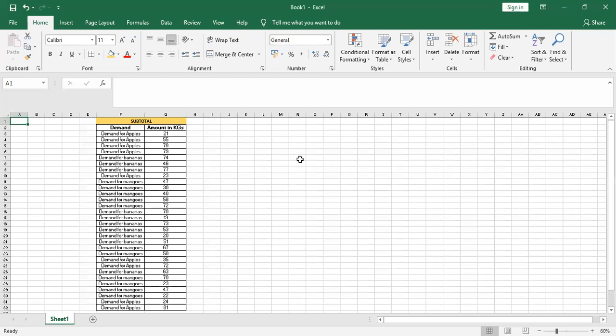Okay, you can see the list in which the first column is stating that it's a demand. Obviously it's a demand for fruits, for apples, bananas and mangoes, simple data. And then it's the amount of demand in kgs, that is 21 kgs, 55 kgs, and different kinds of fruits. You can see it's not listed properly. That means sometimes it's a demand for mangoes, then a demand for bananas, again a demand for mangoes. So to use the subtotal, first we have to sort